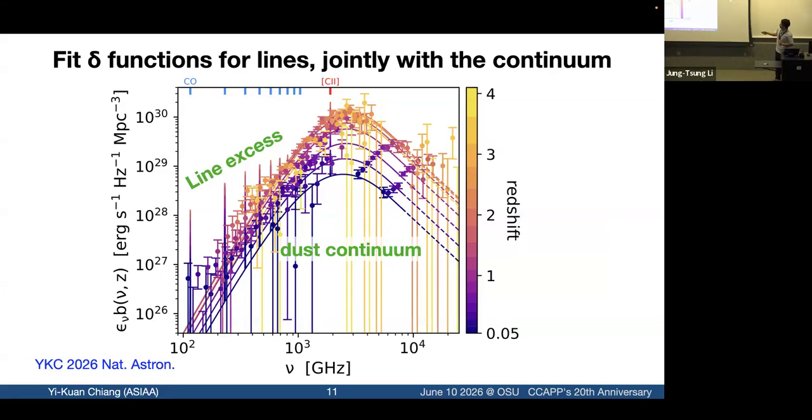Of course, here I marked the best fit amplitude of these lines already, but one has to realize that these data points are broadband. So initially, it's a delta function of emission lines that will contribute only a tiny bit of a line axis on top of the continuum. But in terms of modeling, it's very simple. I just simply put a delta function at the rest frame frequency of the CO and C2 lines. C2 by itself is one delta function, but CO is a series of lines. I parameterize the amplitude and also some excitation and let the data constrain the amplitude.